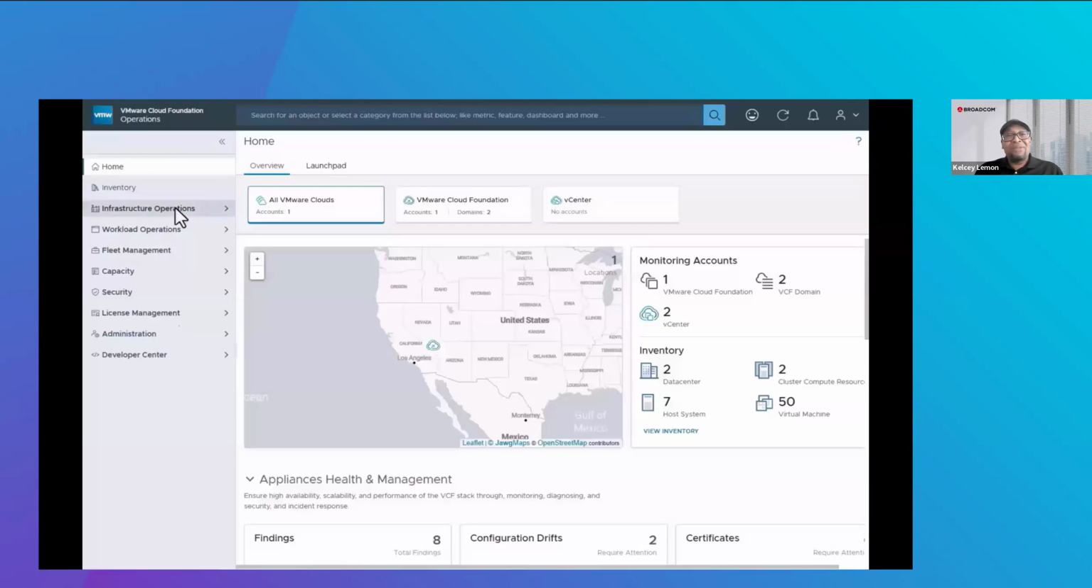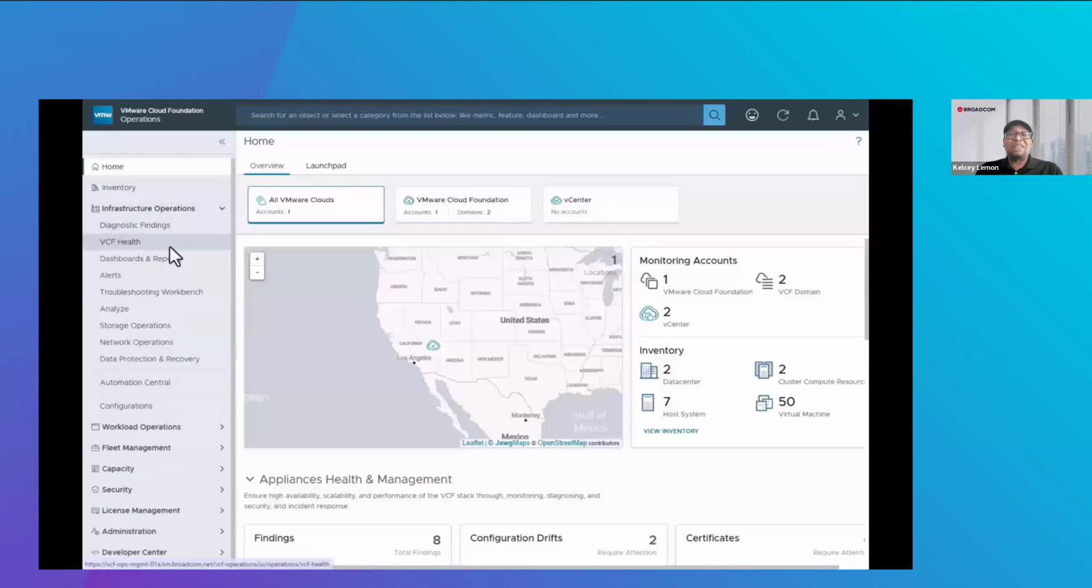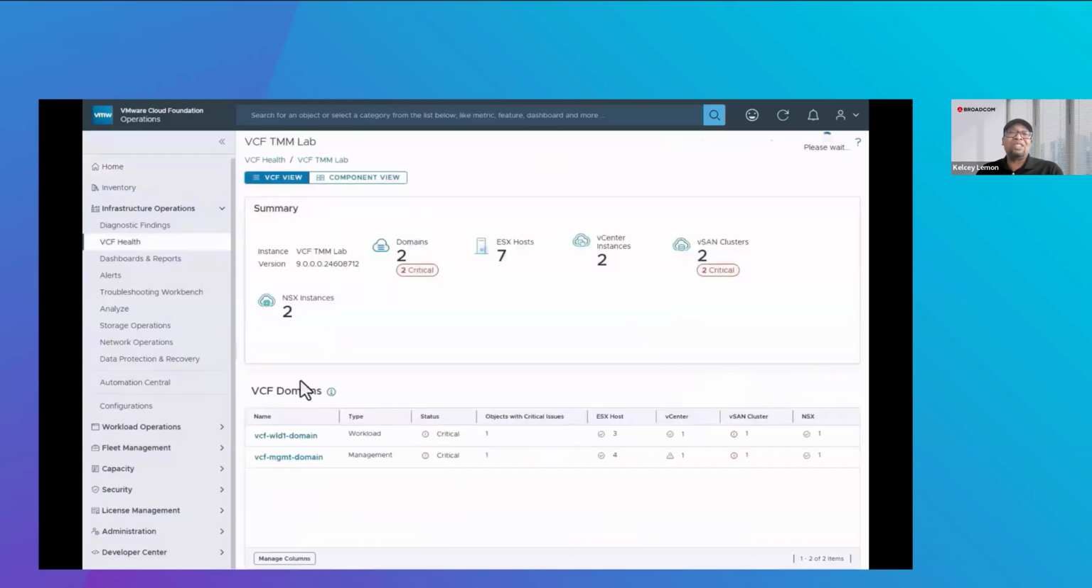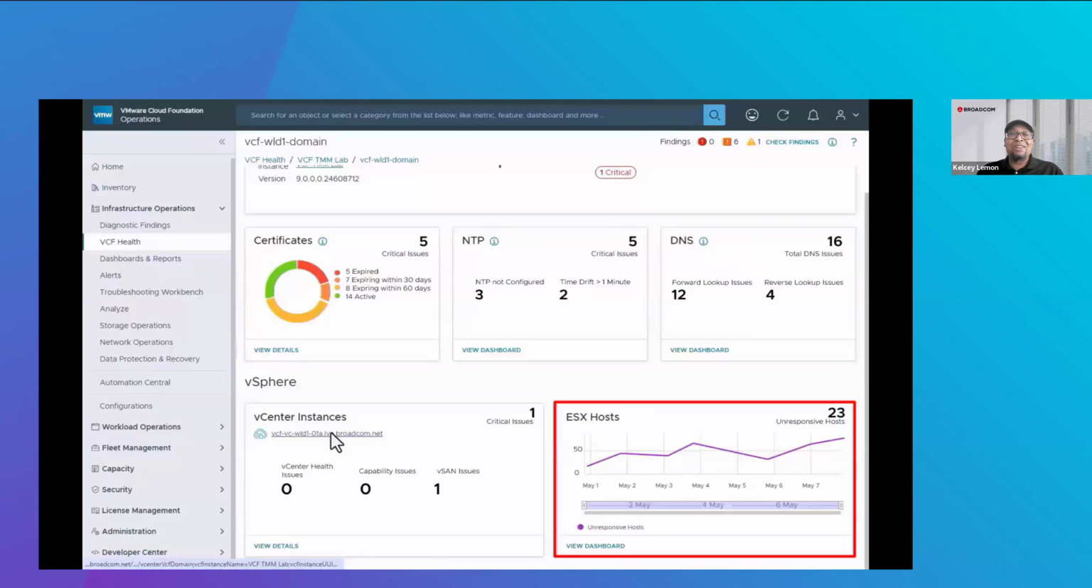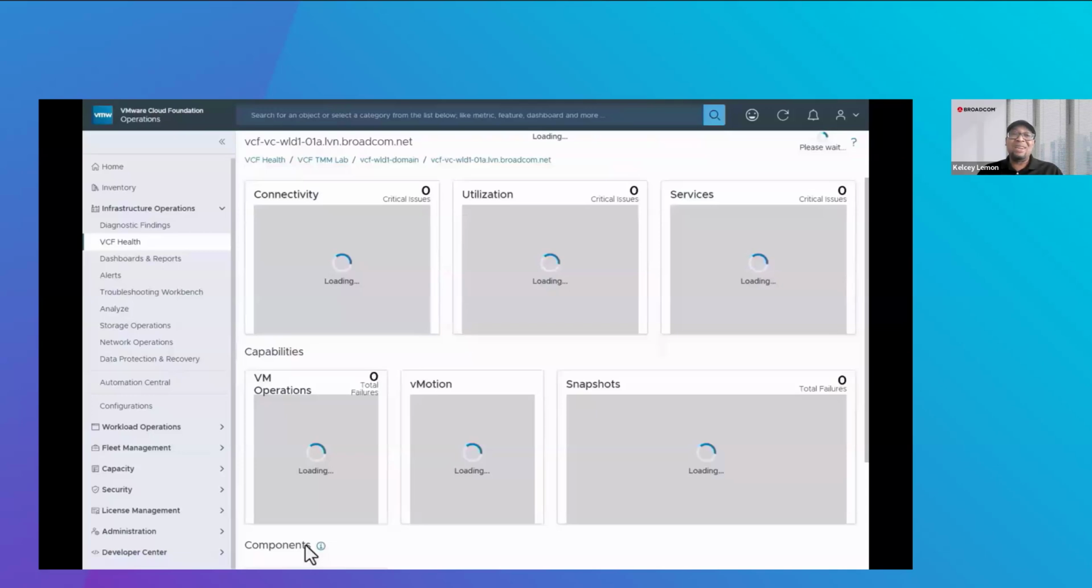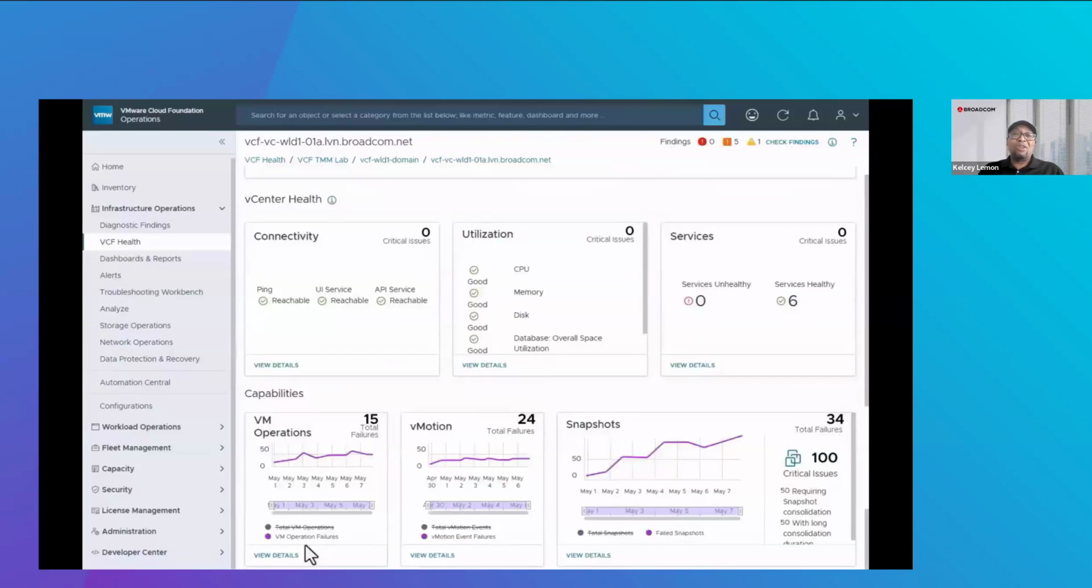And so VCF Health and Diagnostics, again, work together to highlight both existing and potential issues that impact the security, the stability, and the resiliency of your infrastructure if they're not addressed, right? And so for existing issues that you may need to react to, VCF Health shows the operational state of critical components such as your certificates, DNS lookup issues, unresponsive hosts, to really ensure that everything is working correctly, right? Ranging from issues to connectivity, to utilization, to the health of our services, and even capabilities such as vMotion and